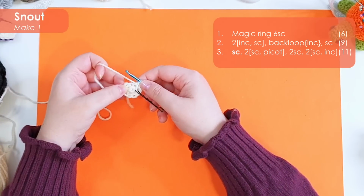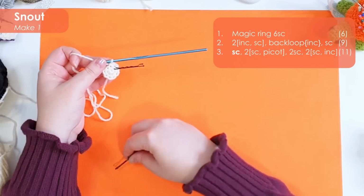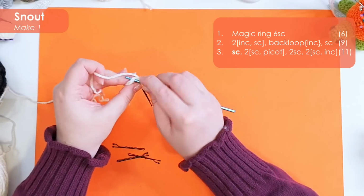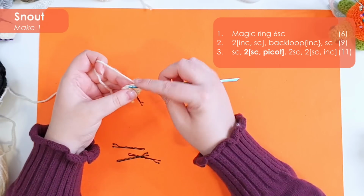And then in row 3, we're going to build his little teeth. Now I do recommend having a couple of stitch markers handy just because we will be working picots, and I find that stitch markers can make it a lot easier to work with rows with picots in them. So we're going to start just by working a single crochet, and then we're going to work 2 repeats of a single crochet